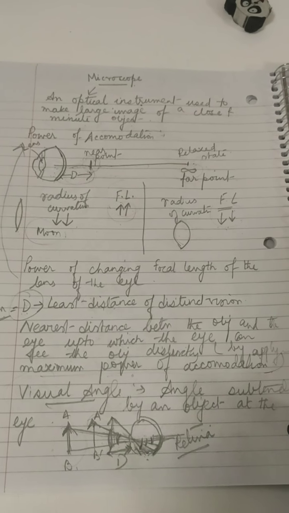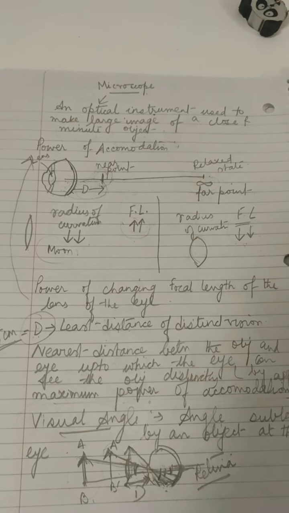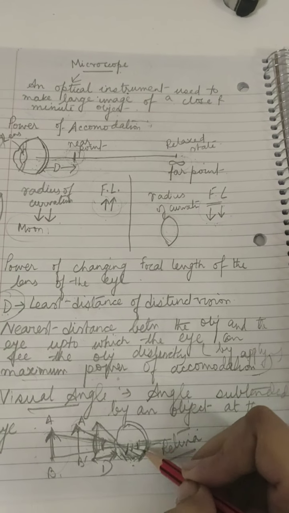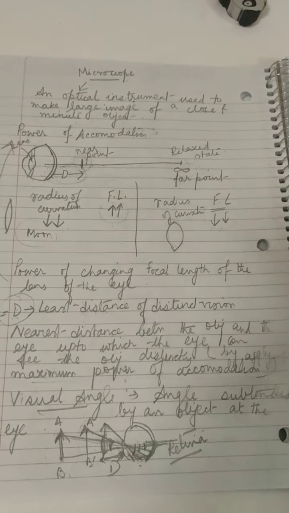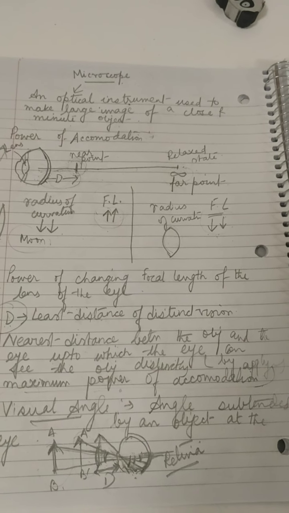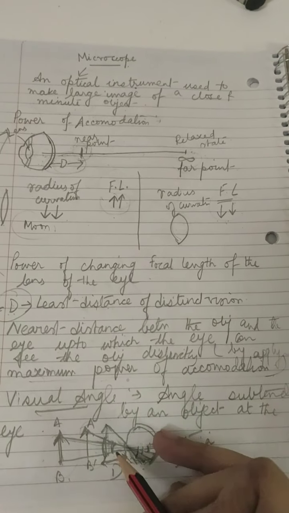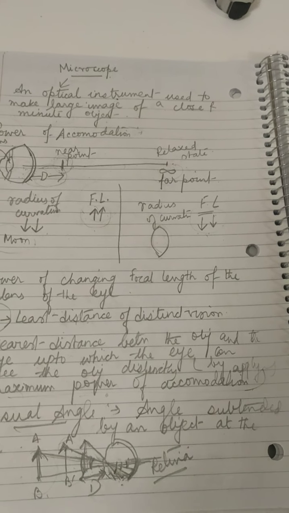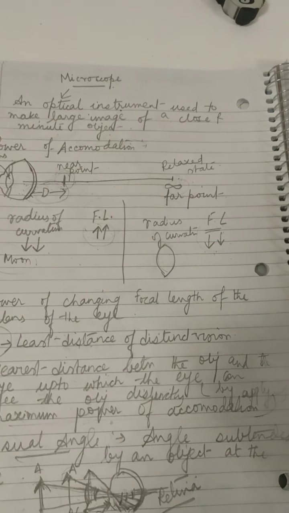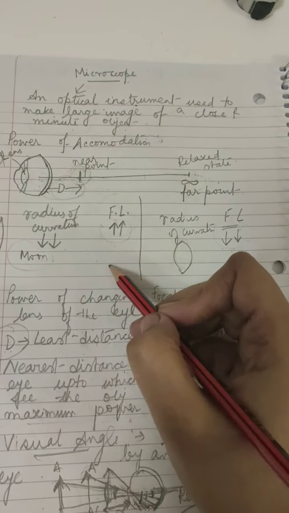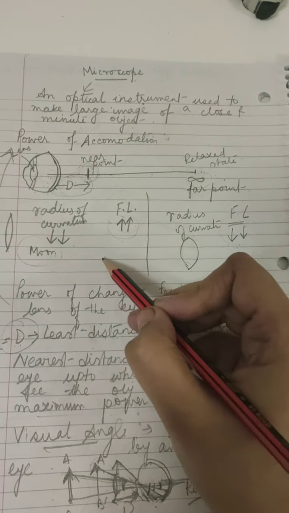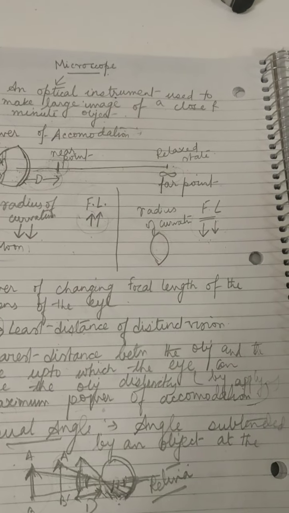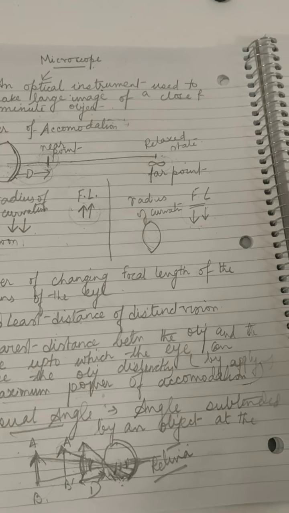But I am not very happy with this size of the visual angle, or this size of the image formed on the retina, or the size of the object that I am seeing by keeping the object at d, because the object is very minute. Suppose I am just making a dot over here. The more I close in on the dot and keep my eye at d, still I am not happy and want to see it bigger. What can I do?